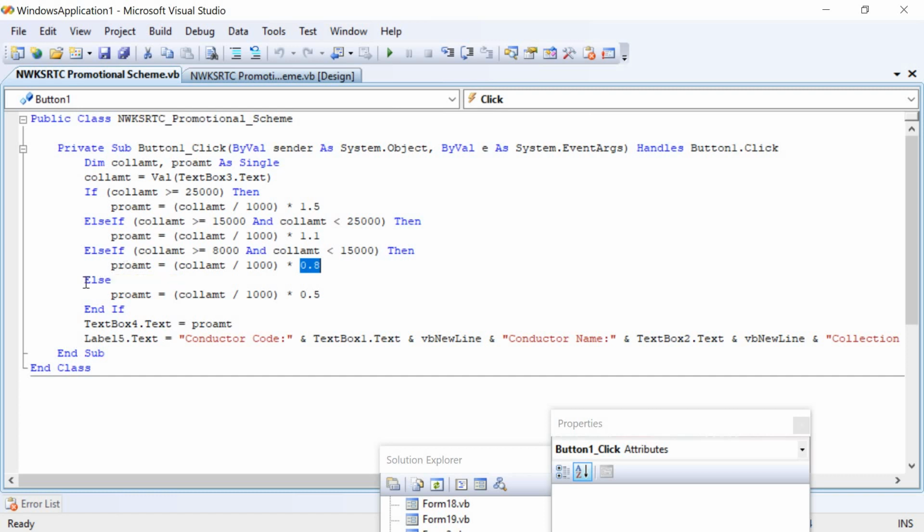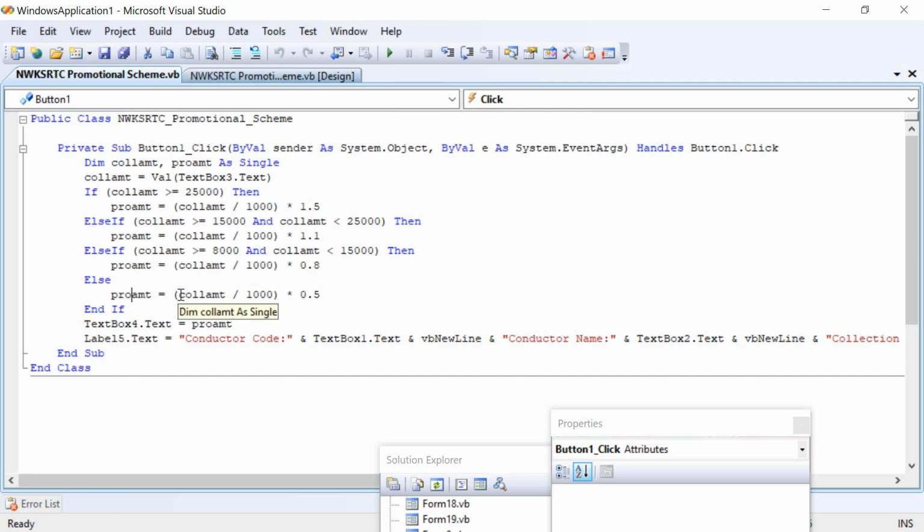The last one is the else part. This is below 8,000. If the collection amount is below 8,000, then promotion amount equals collection amount divided by 1000, which will be multiplied with 50 paisa.